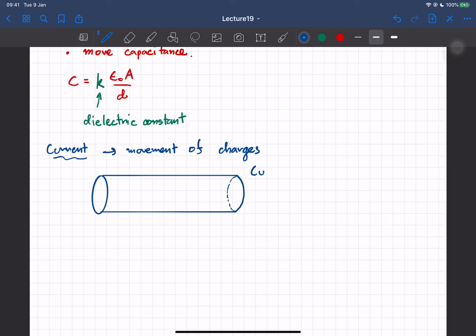And the electron is very mobile because it's very light. Remember the mass of the electron is like 10 to the power of minus 31 kilograms. So it's very, very light, and it can move around freely. So even if you don't do anything to this material, the electrons will just move around randomly because they have some kind of thermal energy,